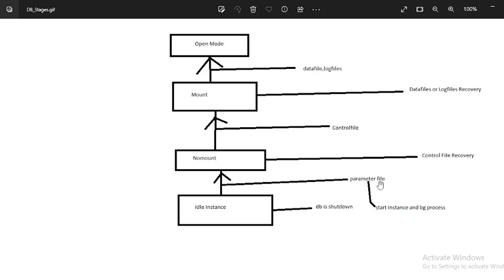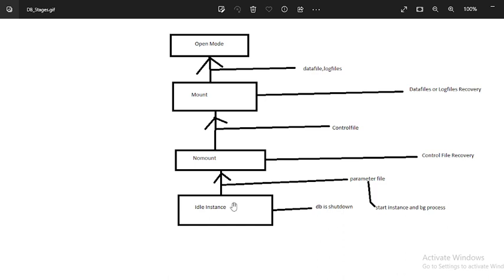If the parameter file is correct, then it will go to the no mount, and if there is a problem in the parameter file, then it will return back from this point to the idle instance. It will not go to the no mount stage. If everything is fine in the parameter file, then it will go to the no mount stage from the idle instance.